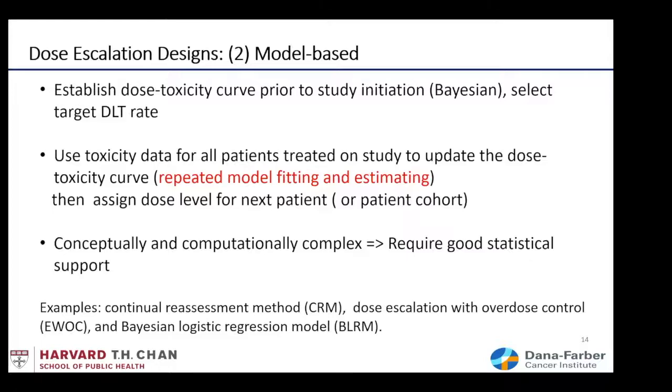And so the model will tell you where to assign the next patient or next patient cohort based on what the model predicts. You can see the Bayesian idea really here: you have a prior guess about the toxicity curve, and you use data observed in the study to do the posterior estimate. Posterior means readjusting or updating the dose toxicity curve. Then the curve will tell you where to put the next patient cohort. So for this class,